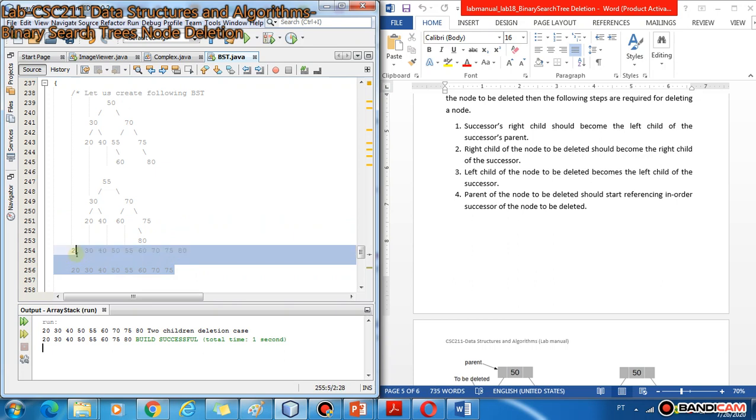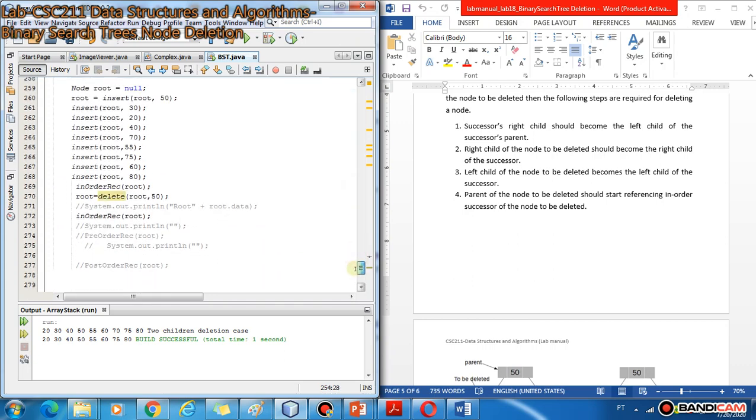So the in order traversal of this tree after deleting the root node 50 would be 20, 30, 40, 55, 60, 70, and after 70, 75 and 80.